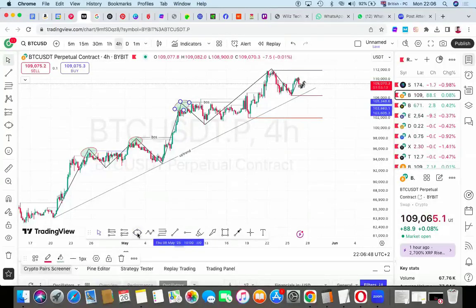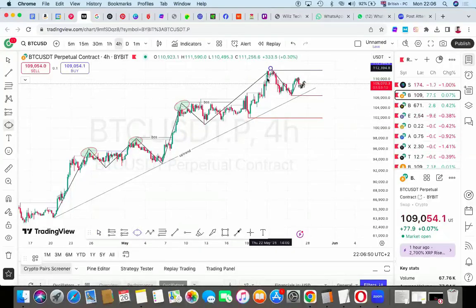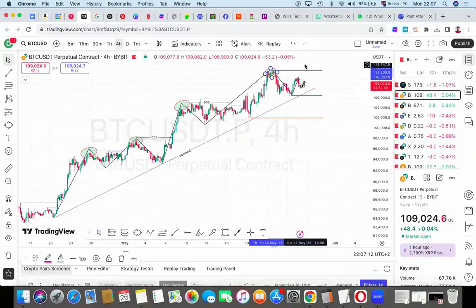And then it continued. It created this high again. And around this high, we are at around 112,000, which is the recent high BTC created. And now we are currently trading at around 109,000. This is the high that the market is going to take out before it creates new highs again